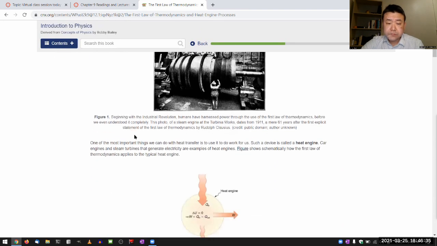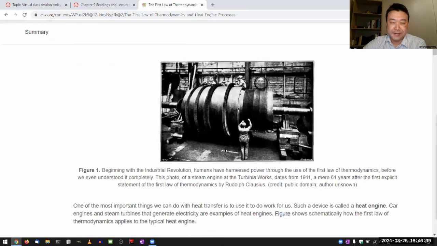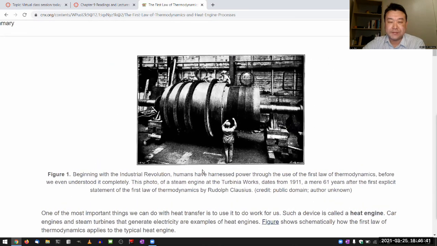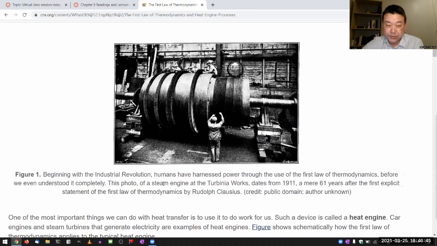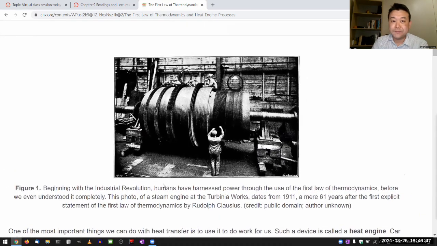So the way we cover it, like this caption is kind of summarizing it, beginning with the industrial revolution, development of steam engines. Humans have harnessed power through use of the first law of thermodynamics. And the electrical power we use today, unless it's coming from solar panels or wind power,